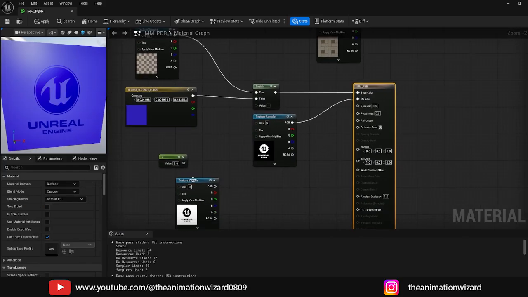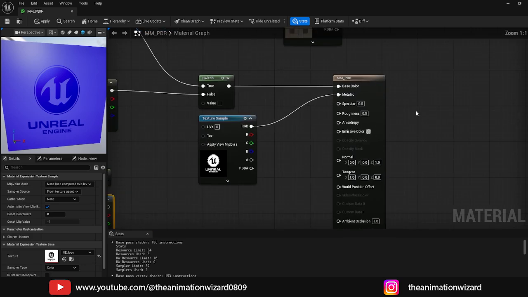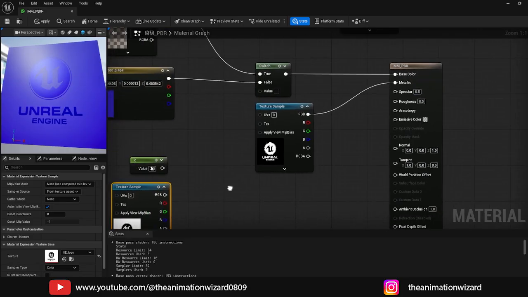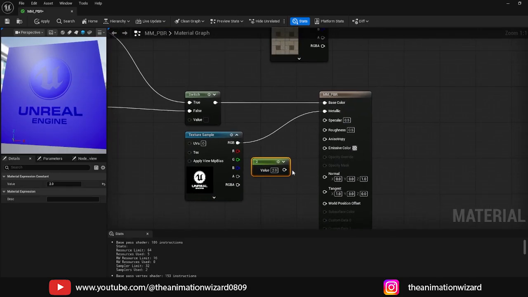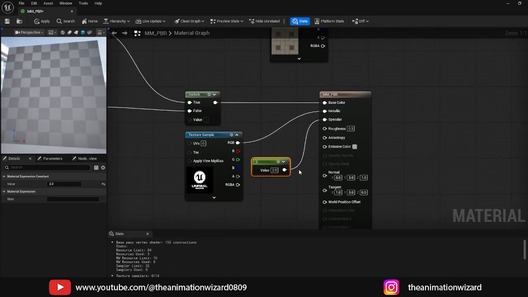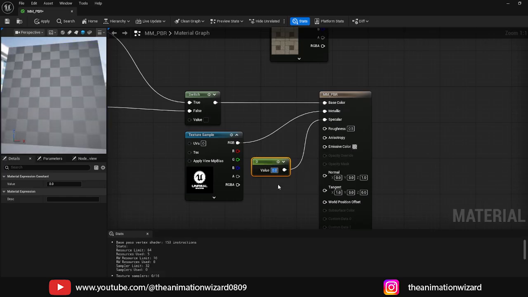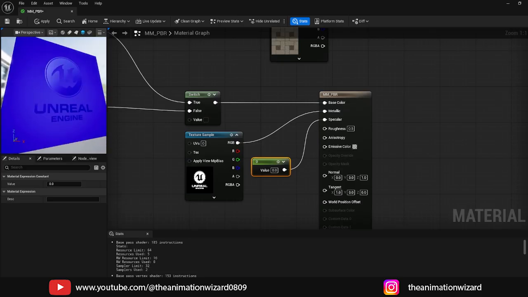Okay. So next we have specular. You can control the shining property here with the help of this specular. Otherwise you can connect it with a value. This value of the specular is 2. What I will do, I will keep it 0. So you can see there is no